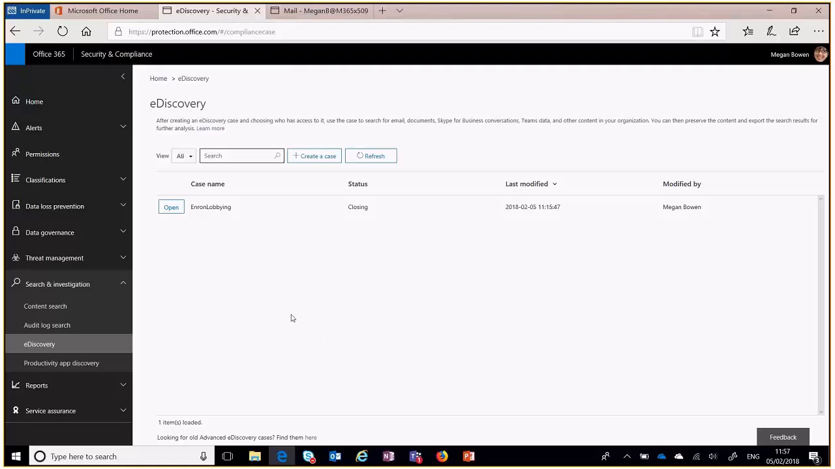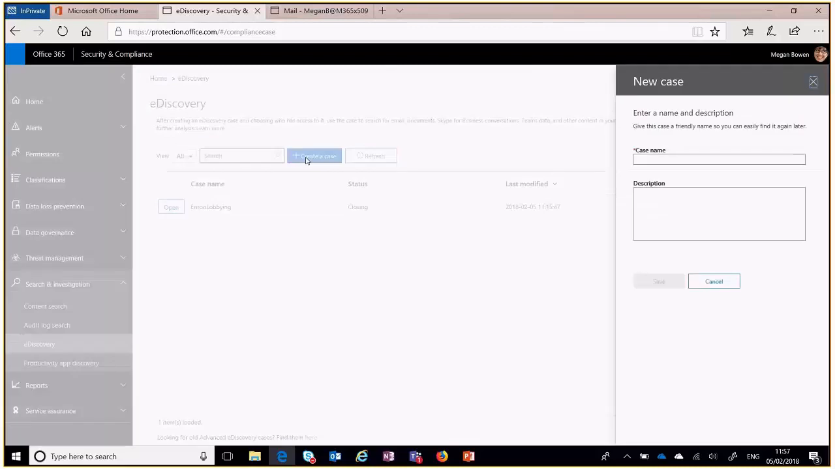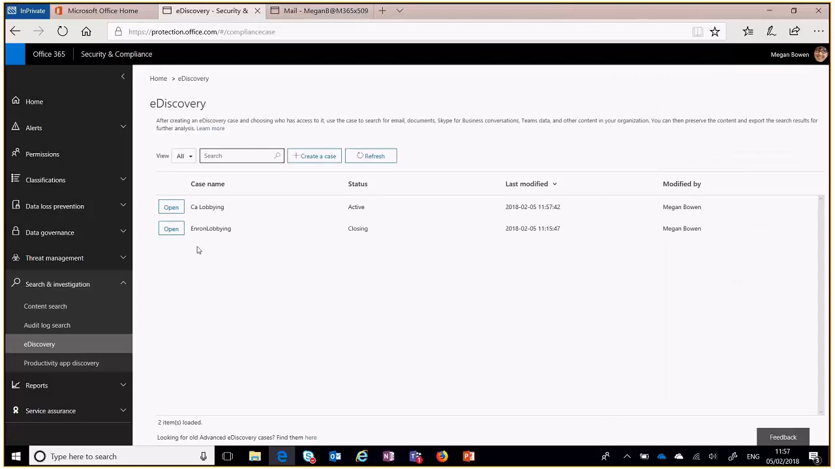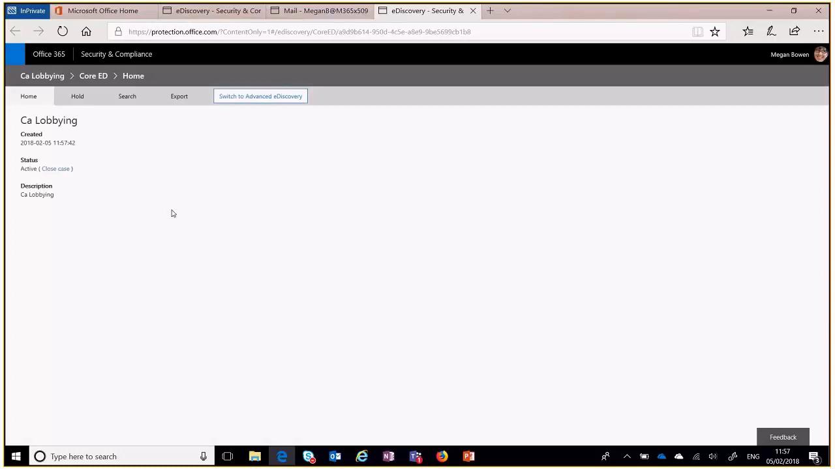So the first thing that we're going to do is create a new case, and we'll call it California Lobbying. I'll abbreviate that. Give it a description. We save it, and then all we have to do is open the case, and we're presented with some options. Now the first thing we're going to do is put the email accounts of the people and team in question on hold. So we select the hold option,